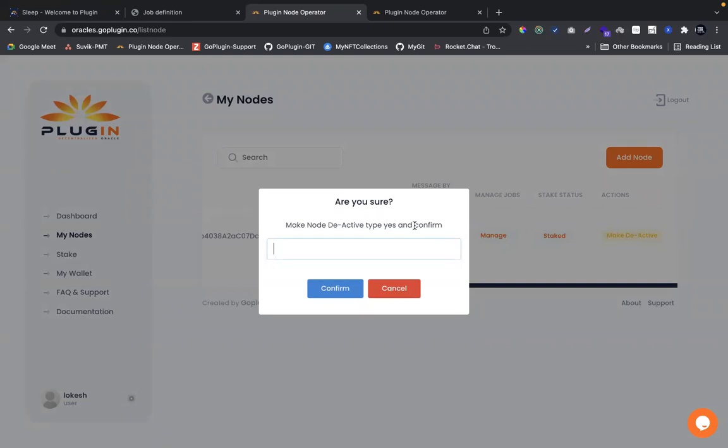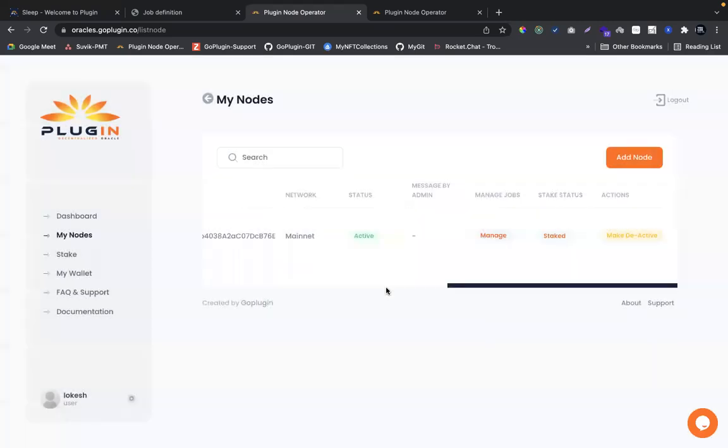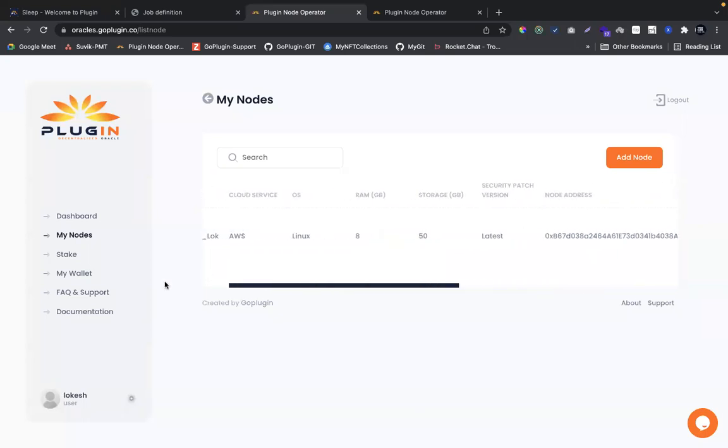Whenever you make sure your machine is up and running, you can reactivate it. So in this process, nothing will be impacted with respect to the staking amount. Okay, and that is how it works. For now, I'm not going to deactivate it, but if you want to deactivate for some time, you can do that, and you have to make sure you are reactivating it.